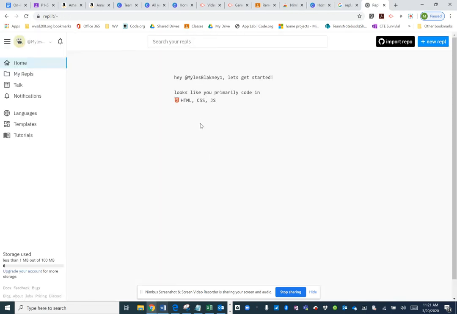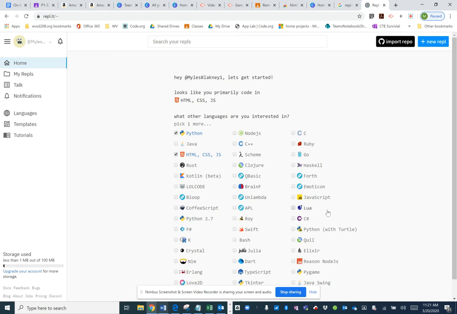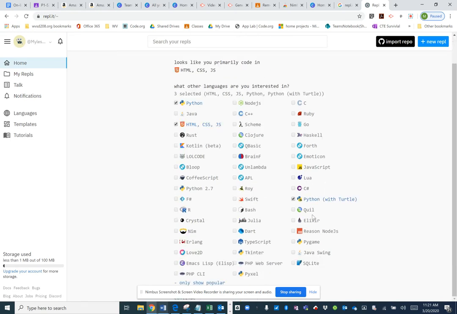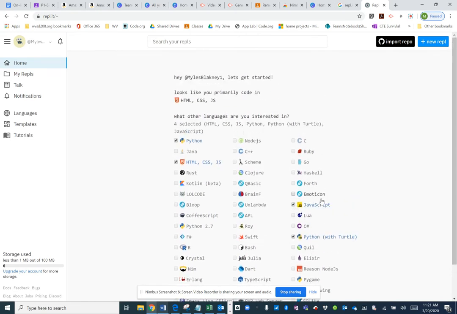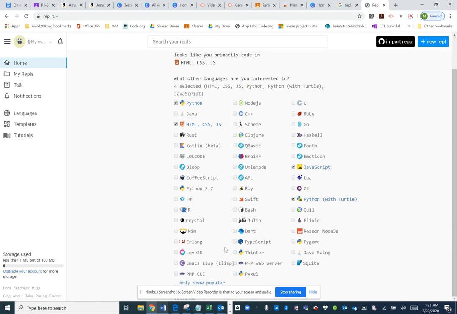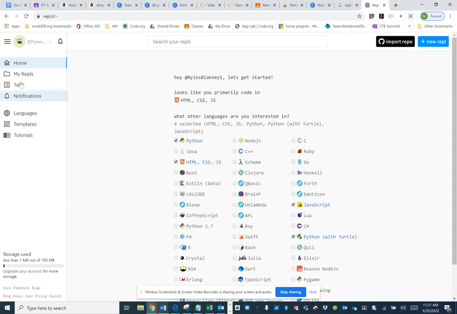The first screen will ask you some information. You may fill that out if you want. It's going to ask you for a couple more programming languages. You probably want to choose Python and any other Python related or JavaScript related languages. Or you can skip it and just go to Repl